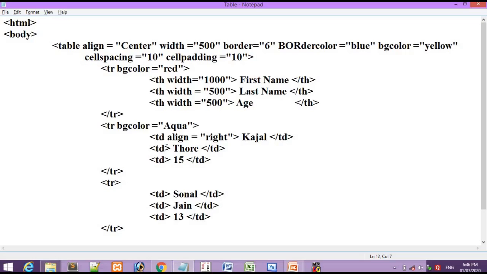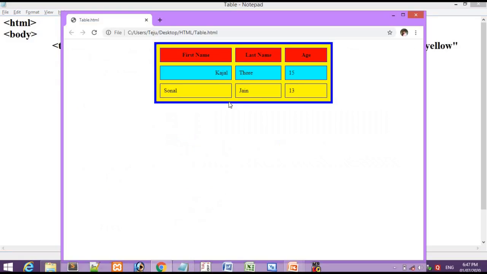Now further, two attributes are remaining, that is the row span attribute and the column span attribute. So how can we use these attributes? Let's see. The column span attribute we will use inside a th tag. So in this th tag I am using the column span attribute, and for spanning your column I have to give a value. I am giving the value as 5, and just press Ctrl S and see the output in the program. So here you can see your column got spanned.